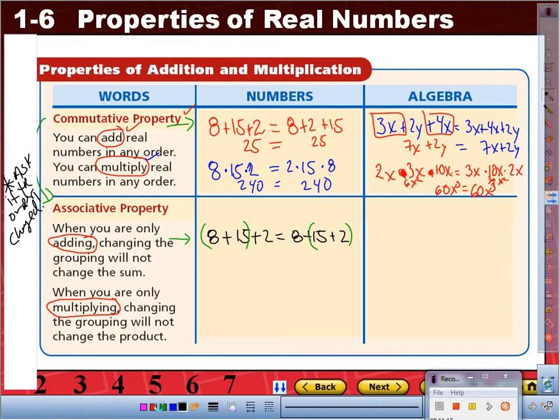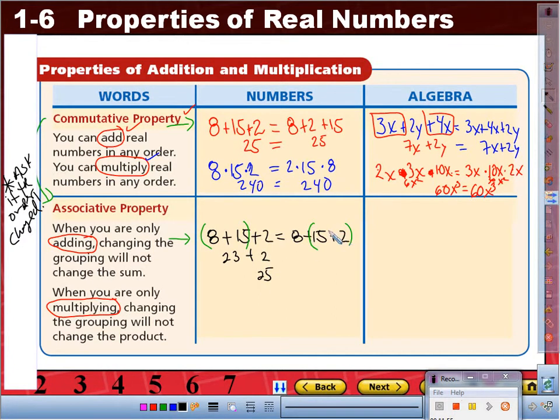So fix up. I'm going to start with parentheses here. What is 8 plus 15? 23. And then in the end, plus 2. Plus 2,